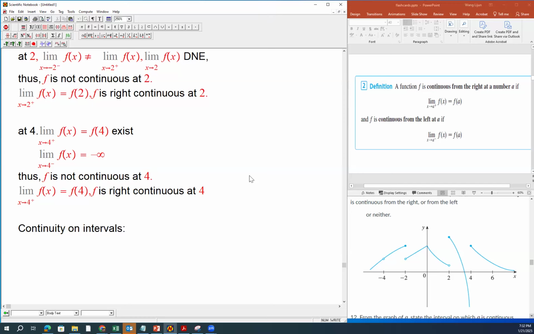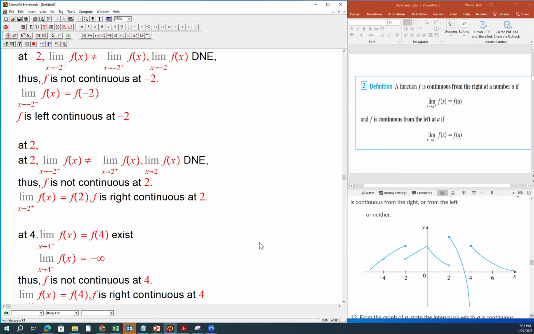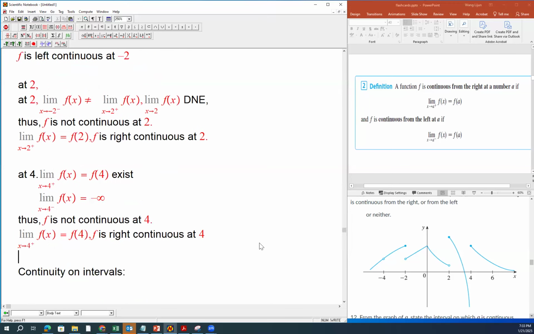We had the earlier statements, and we're going to come back to it. How do we talk about the continuity on intervals? So look at the intervals. At -4, because the function is neither right continuous nor left continuous, we know that f